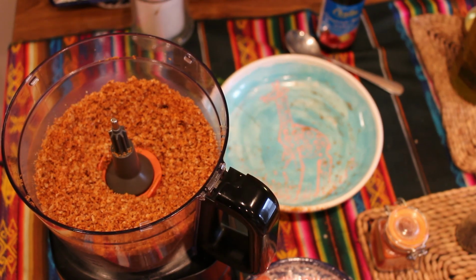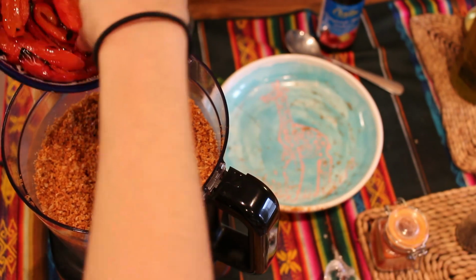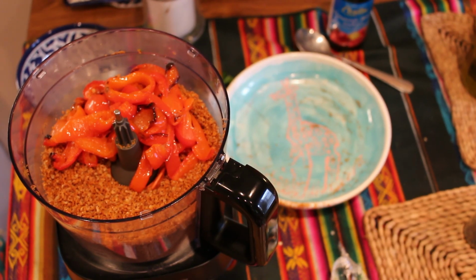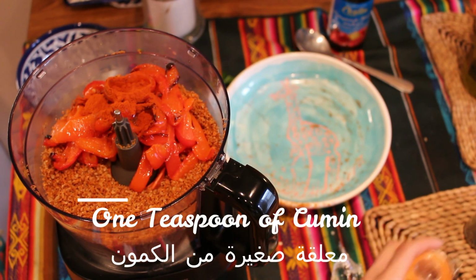Now we want to add the lovely peppers, the star of the show. They're all nice and soft now. Right, now we want to add the spices as well. So we want 1 teaspoon of paprika, not smoked, just normal paprika. And then we want 1 teaspoon of cumin,